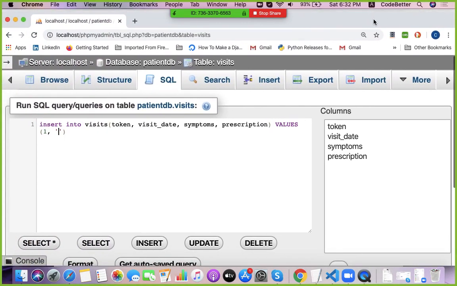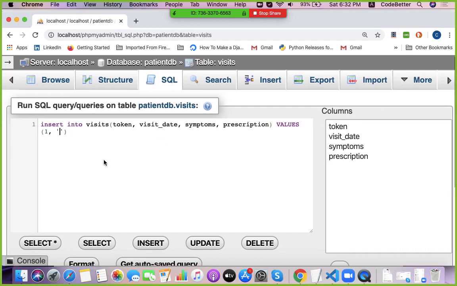Visit date should be in the US format, 2020, then month 04, then 02.